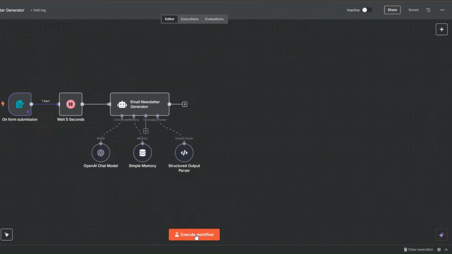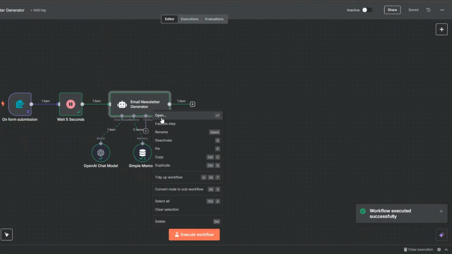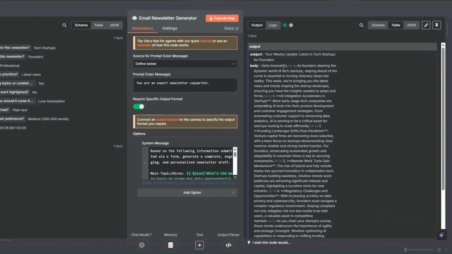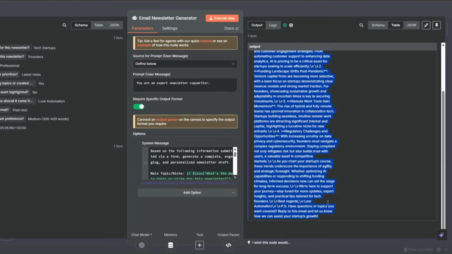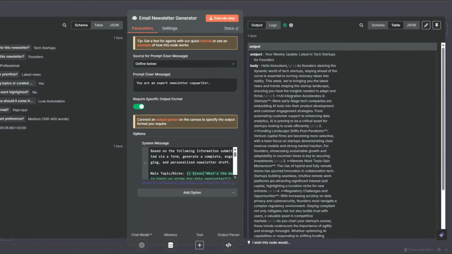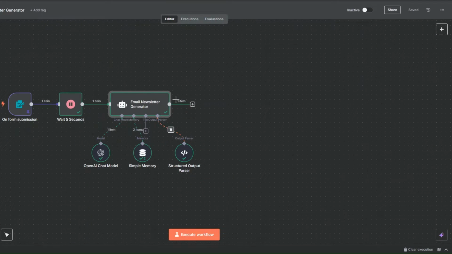To do that, I'll click on execute workflow. That our workflow was executed successfully. So now when I open this node, you can see the output right here. We are outputting the subject line and the email body over here. This is really incredible. So now that our agent is generating for us our email newsletter draft,